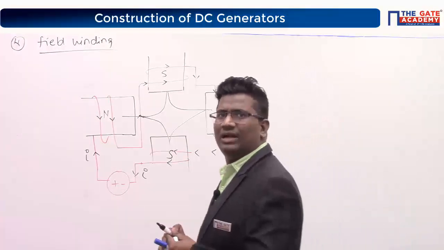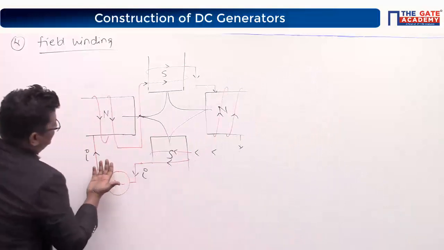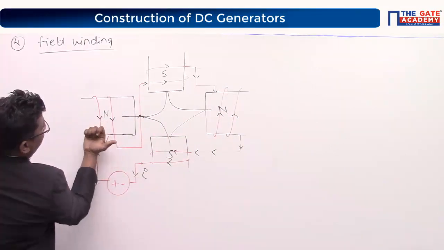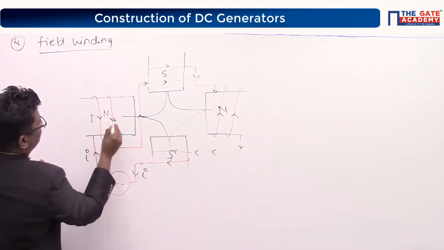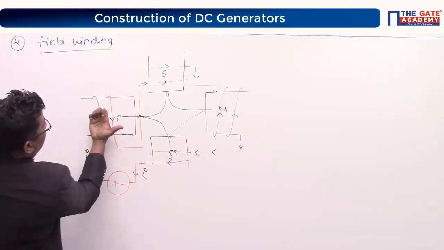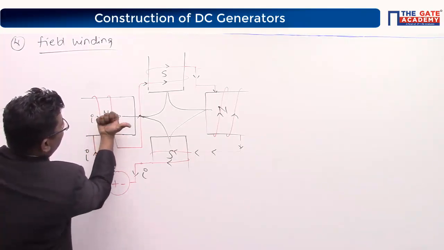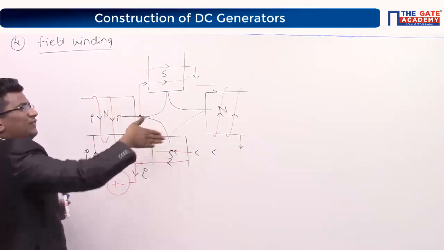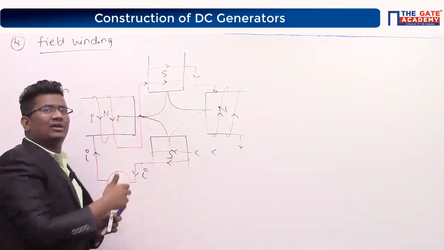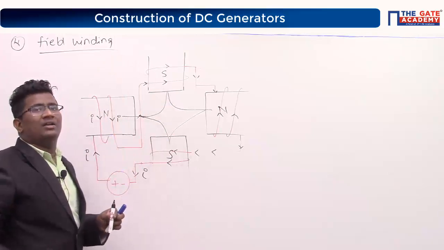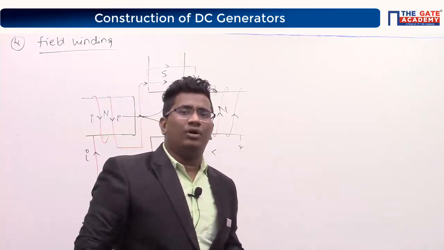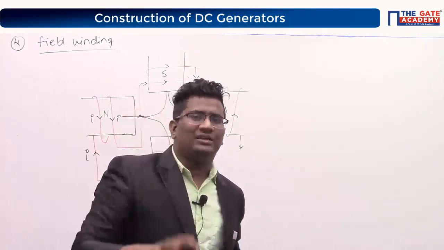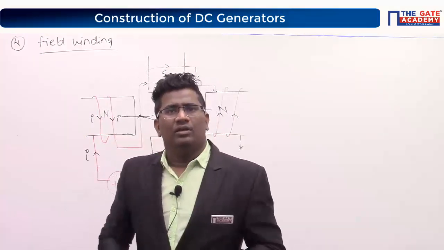Again, I am repeating. Look at the sense of winding, the direction of the current. Current direction is like this when flux is in this direction. It is producing flux, and someone should be there to take it. Who will take it? South only. But will any electromagnet take or generate any flux without giving any supply? Tell me, yes or no?